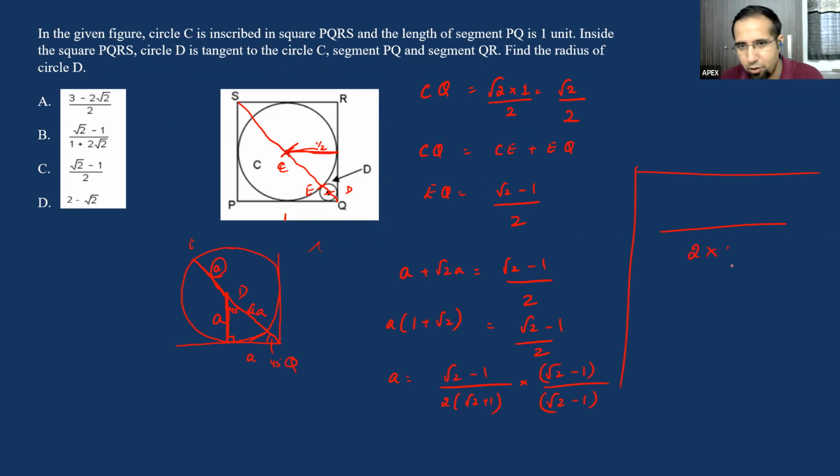So 2 into 1 is my denominator. And my numerator is (root 2 minus 1) whole square. Now (root 2 minus 1) whole square is 2 plus 1 minus 2 root 2, divided by 2. So my final answer here becomes (3 minus 2 root 2) divided by 2, which is going to be option